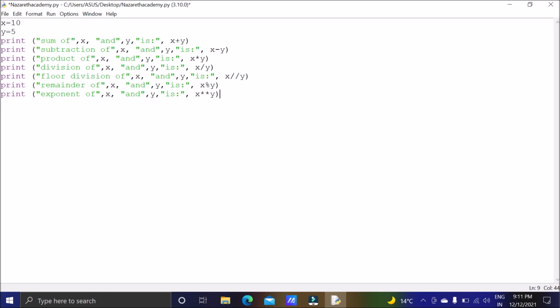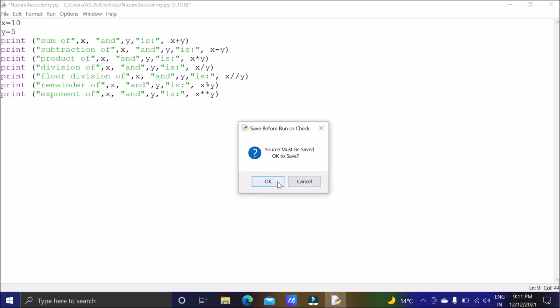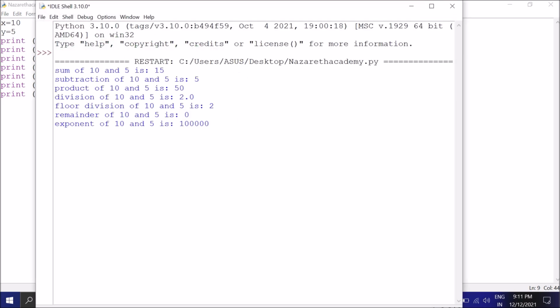So everything will get printed: addition, subtraction, multiplication, division, floor division, modulus, power, everything will get printed. So let's run. Saved. Okay, and you can see the answer.